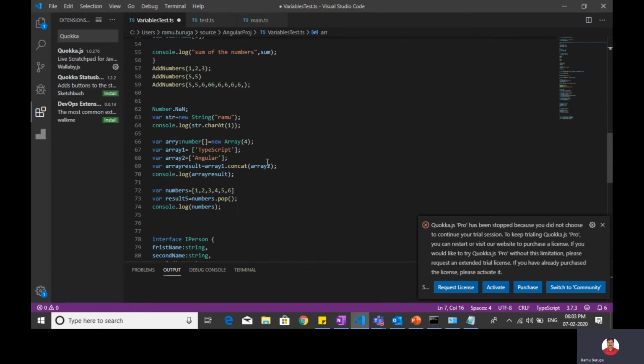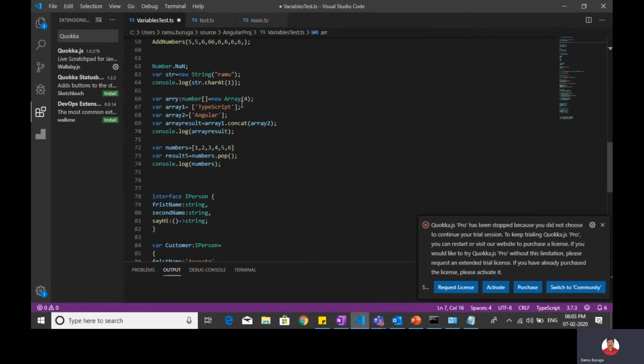By this way we can set the array boundary. So here I created array 1 and assigned TypeScript, and array 2 I assigned Angular.